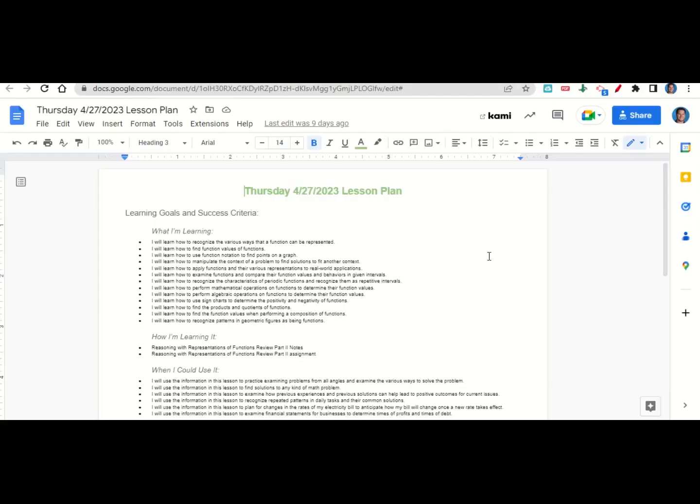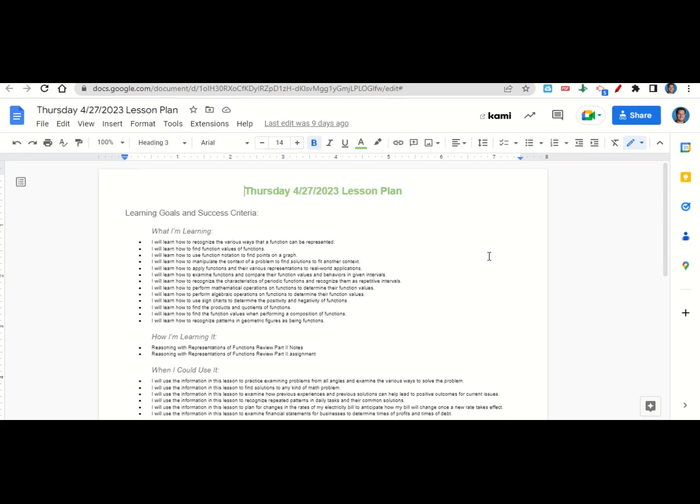Welcome, everyone. Let's begin our lesson for today by going over the learning goals and success criteria. First, what are we learning? We're learning how to recognize the various ways that a function can be represented, how to find function values of functions, how to use function notation to find points on a graph, how to manipulate the context of a problem and find solutions to fit another context, how to apply functions and their various representations to real-world applications,